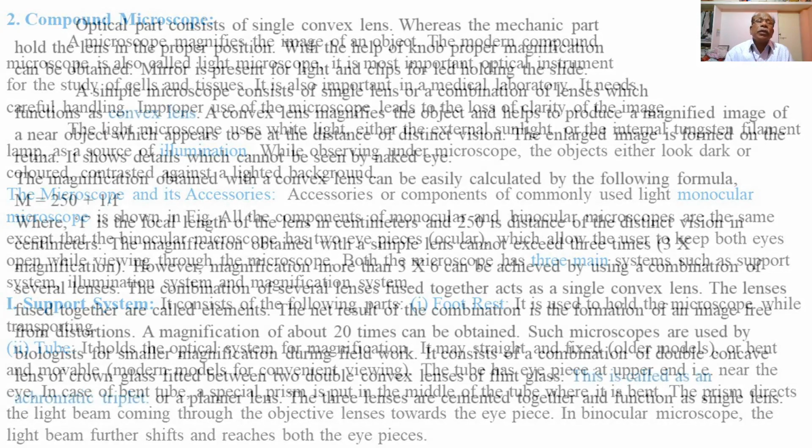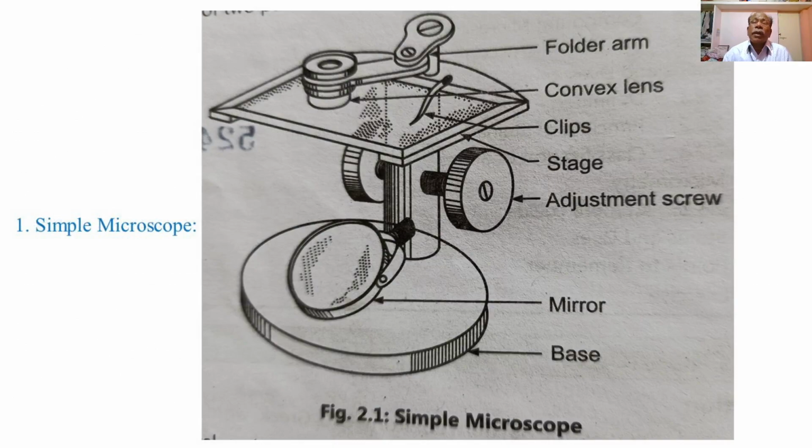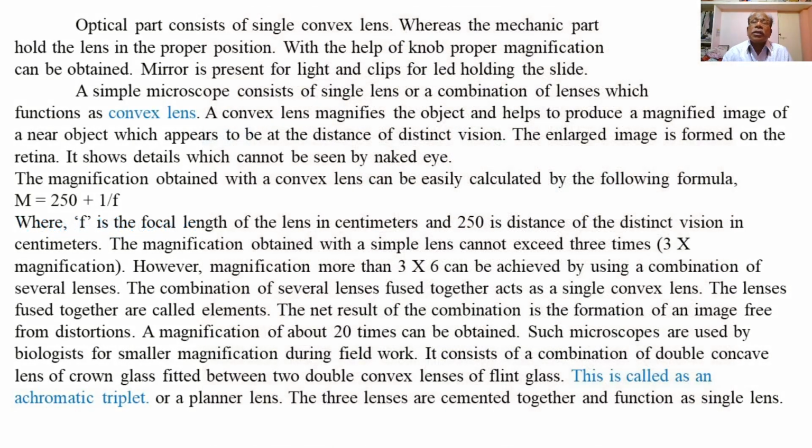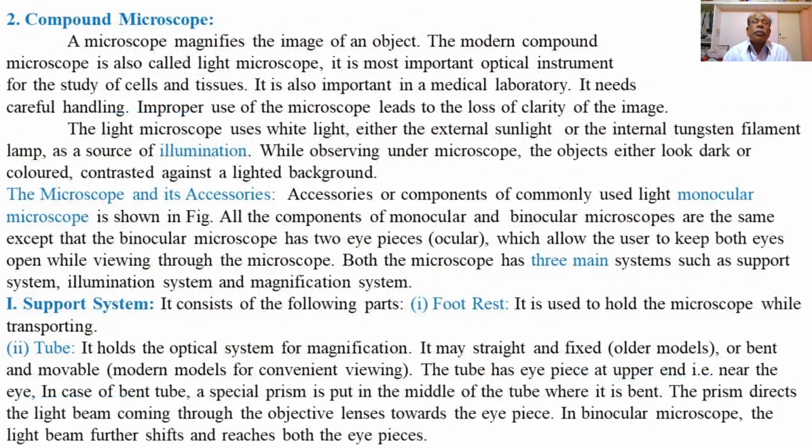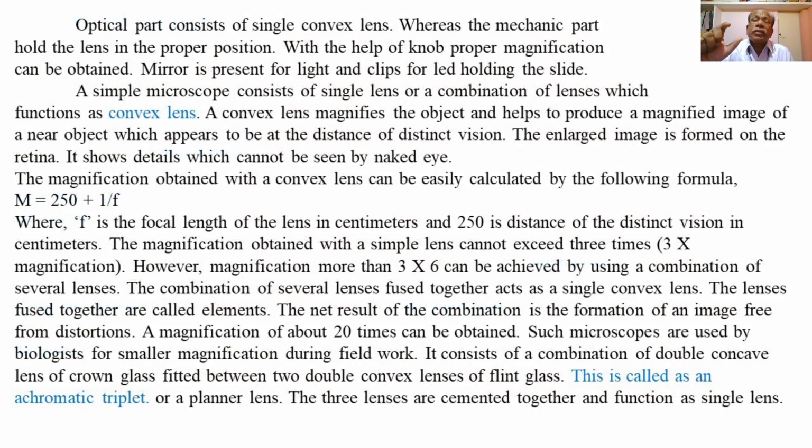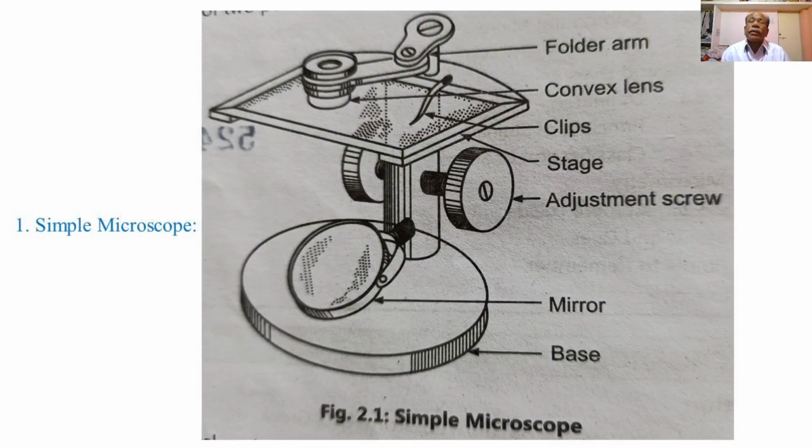So this is what the simple microscope is about, and it is used for the observation of small objects so as to prepare their images, to study smaller invertebrates or different parts of sections. So smaller magnification, or a smaller number of magnified images, can be observed under the simple microscope.